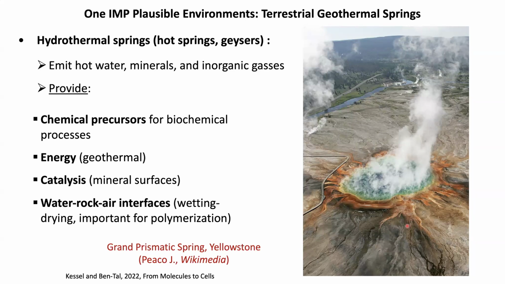We care only about those kinds of water samples which are emitted in these geysers, in these hot springs, which are rich in minerals, and inorganic gases present there actually impinge on the chemistry that is plausible there, and hence has a direct implication for the kind of ions that you can find there, the cations, the anions, and so forth. And these environments are very interesting because they provide very interesting chemical fluxes, which essentially allows for interesting precursor molecules to be available there.